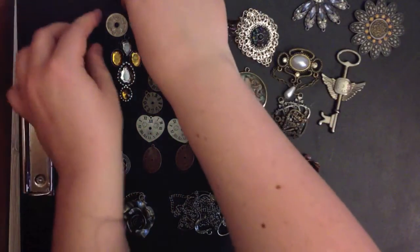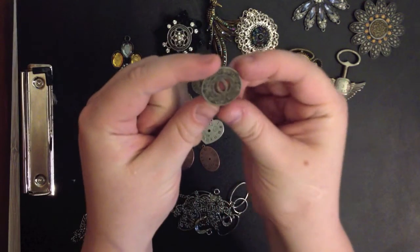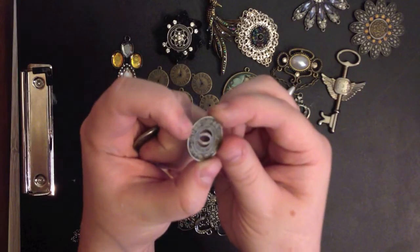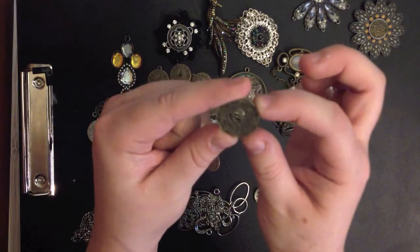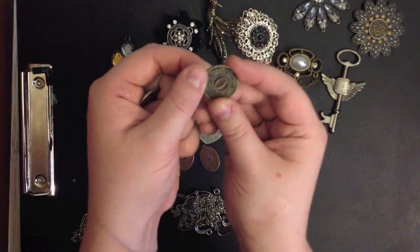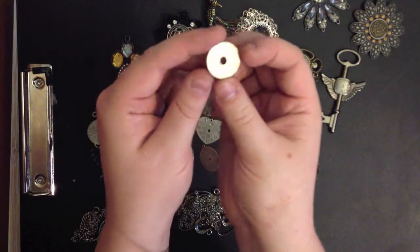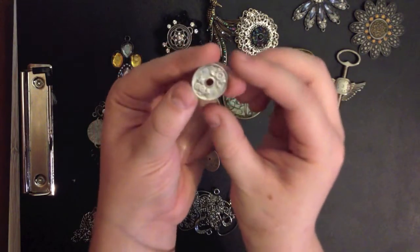Speaking of coins, I have a couple more. This is not currency, this is a coin from Ohio that is a bus token. And I think it looks really cool because it has these holes in it. And I think that that's supposed to be an indication that it's not legal tender. But in other cultures we have holes in coins. I think that this is Chinese, but I am not entirely sure